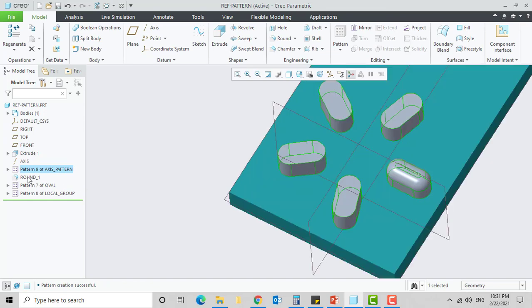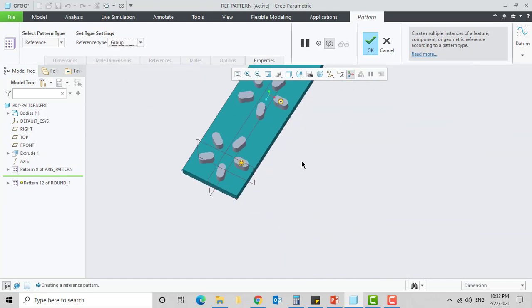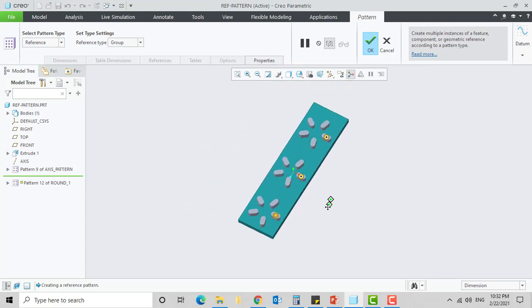Now select round_1 and click pattern. You can notice that the default pattern type is reference pattern and that the default reference is feature. In the pattern dashboard, edit the reference type to group. Edit the reference type to both.